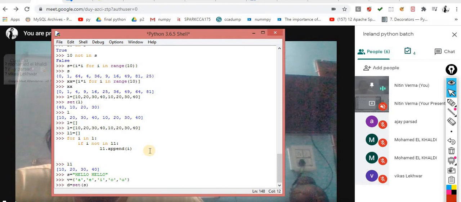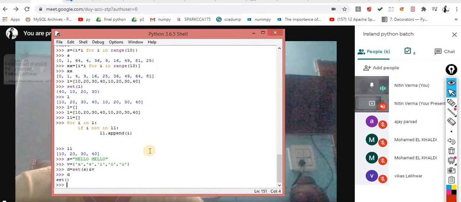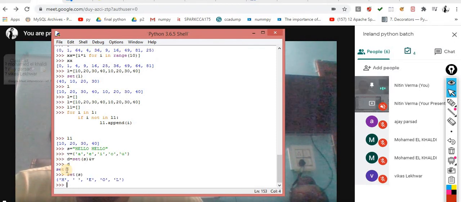Now I know the intersection operator. For the intersection, you can use and V. Now very simple, you will get... sorry, I think we made a mistake. Set of S. Let me check what we did. Set of S, so it becomes this one, HEOL.